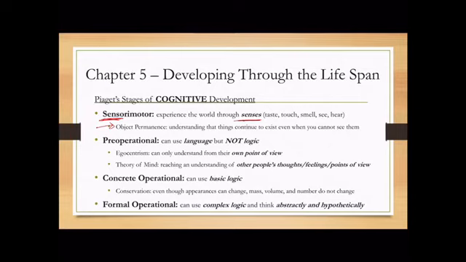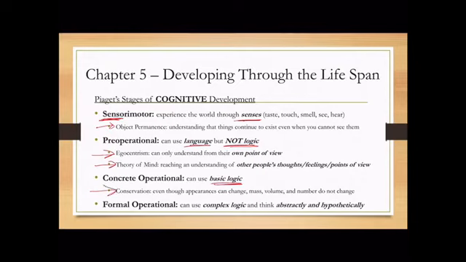Pre-operational stage is language but not logic yet. And so we struggle with egocentrism, the inability to take on someone else's point of view. And eventually we achieve theory of mind, where we can actually empathize better and understand other people's thoughts, feelings, perspectives, things like that. When we get to operational, now we can use logic, but basic logic, and we achieve an